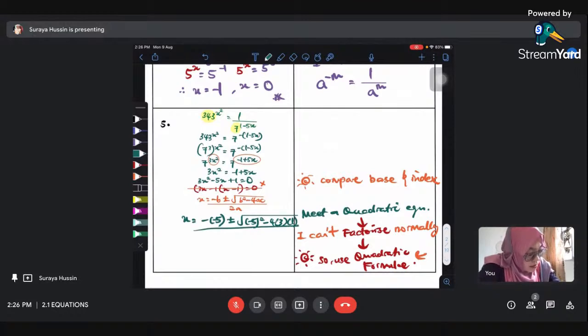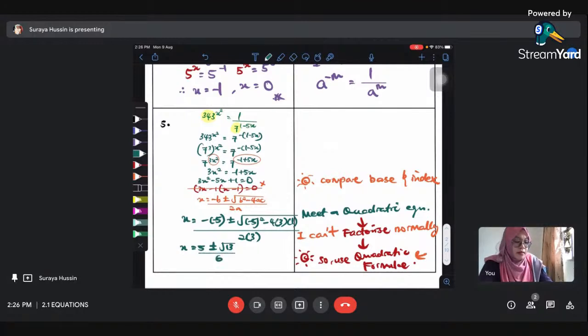And then the whole thing divided by 2A. A kamu 3. Okay. And so you will get X is positive 5 plus minus square root 13